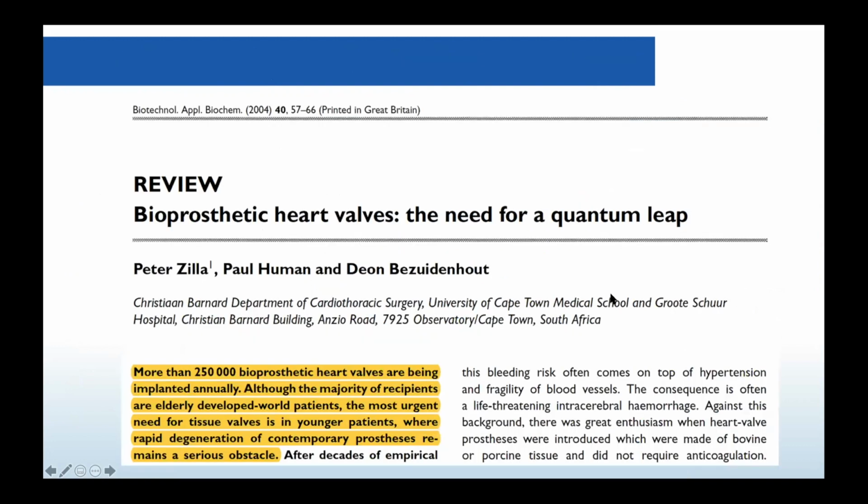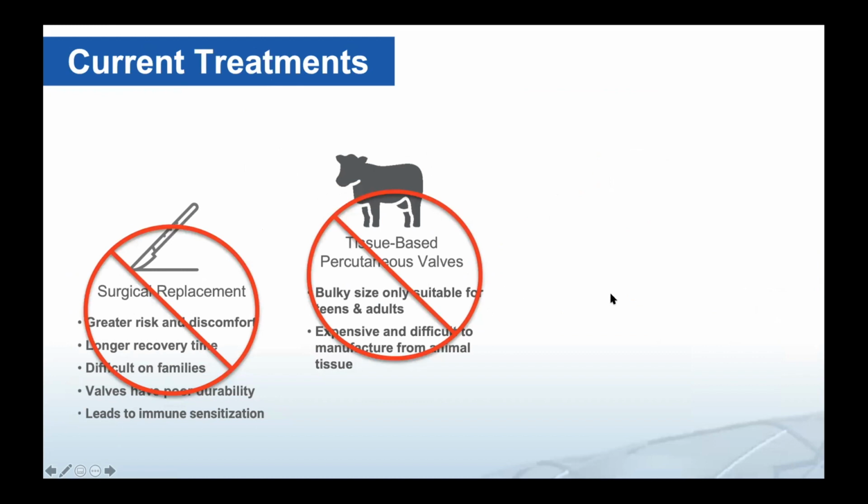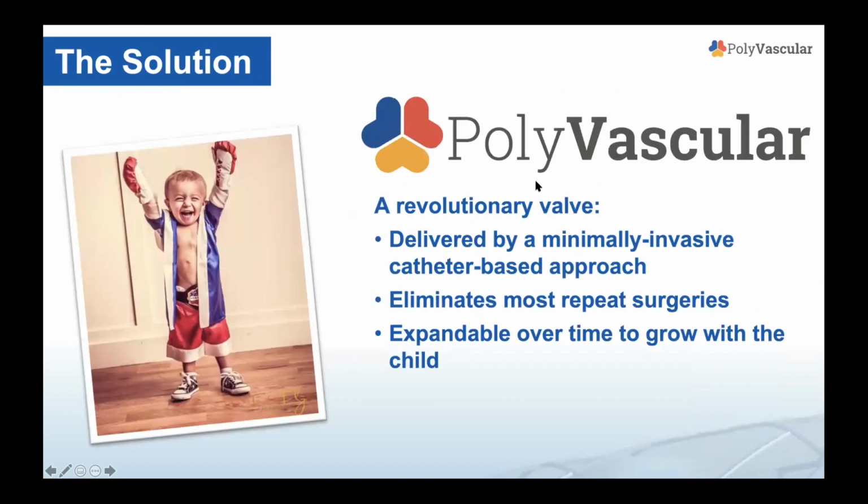So I'll move ahead a little bit to talk about where we have come from and why we went into all of this, which is really to completely rethink heart valve development. We decided that we would develop a valve that would also be delivered by a minimally invasive catheter-based approach rather than open heart surgery, but do so with a valve made out of a medical grade polymer rather than any human or animal tissues, with a very simple manufacturing technique to make it actually affordable around the